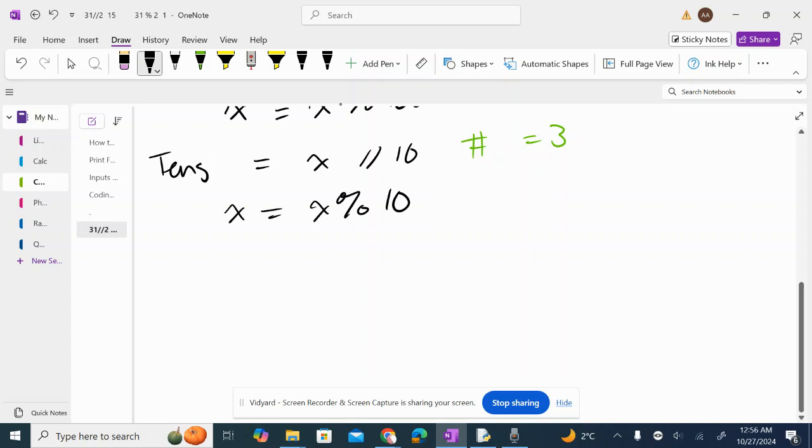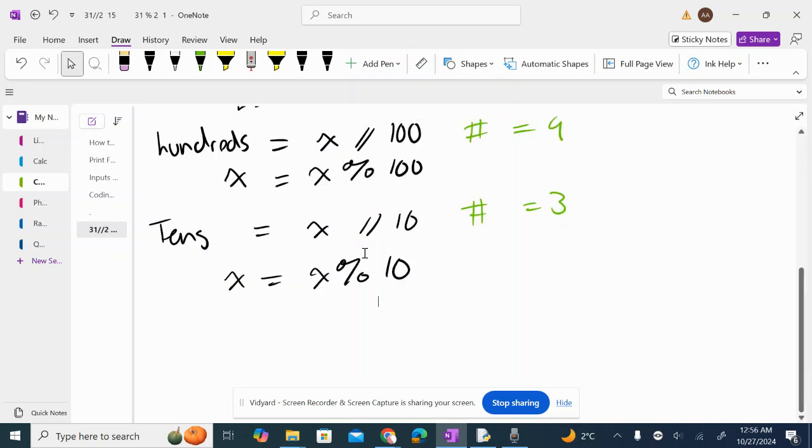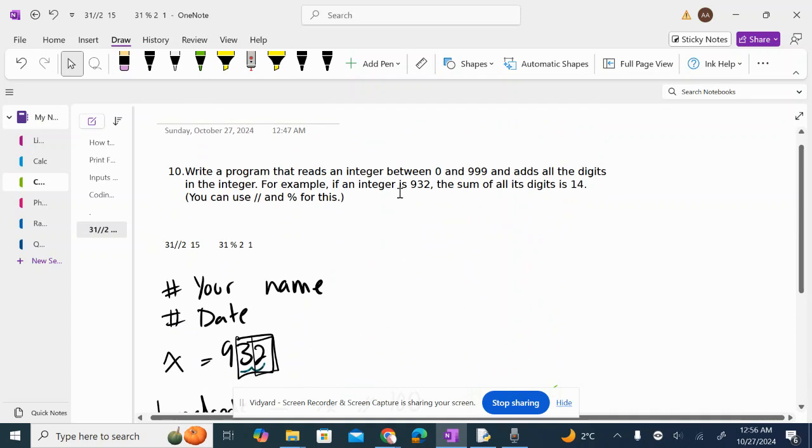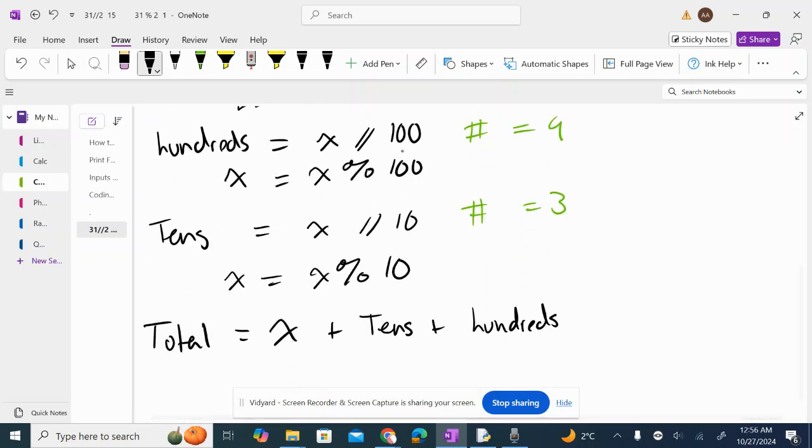Okay. And then what do we do here? We do total is equal to x plus tens plus hundreds. And that should give us, if we did the math correctly, 14. Now we're going to go ahead and plug that into